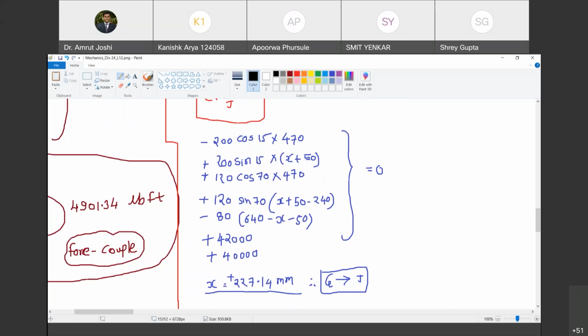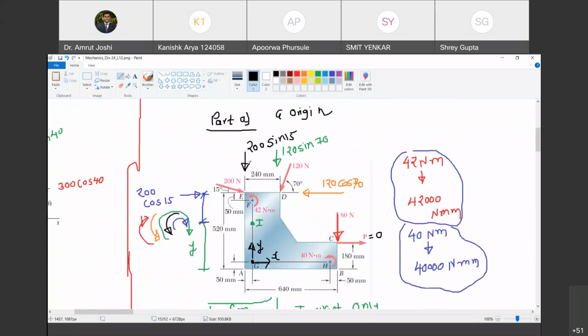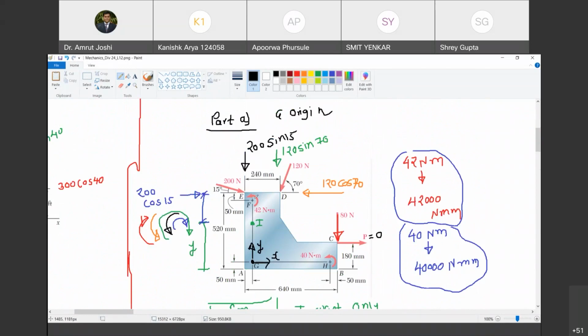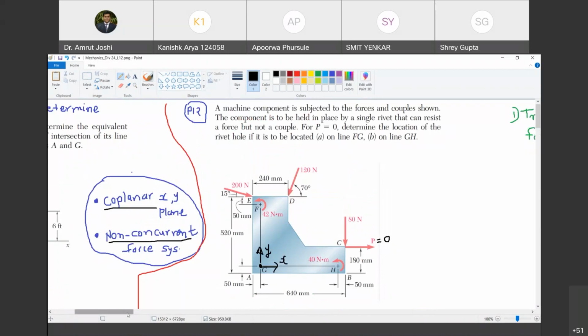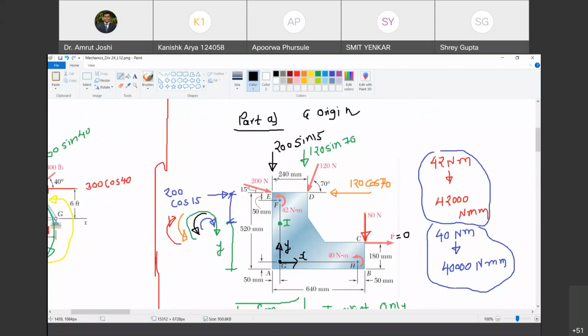No, there is some error. This 227.14 is correct, but that makes it mandatory that we must check this calculation once again. Have we made some error in the component writing? So let us check that once again. Just give me a second. It is taking some time, but that is absolutely essential because I want to explain you transmissibility of a force based on this example. So we must have this correct.